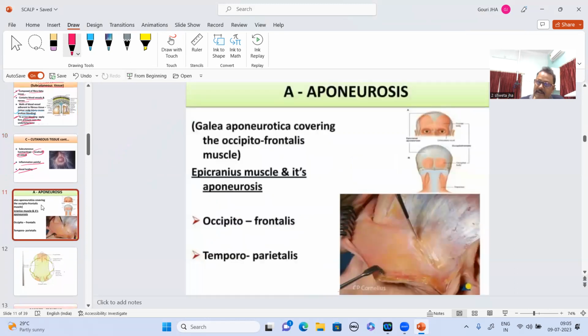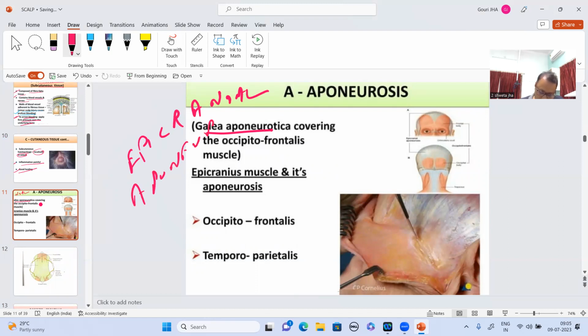Now coming to the third layer, that is known as the aponeurosis, also known as the galea aponeurotica or epicranial aponeurosis. This aponeurotic layer, which is the third layer, is like this. We have the first layer over here, and the third layer is like this. And what we have seen over there is that